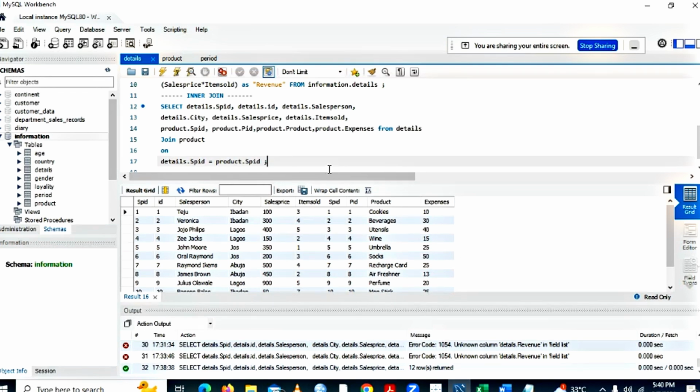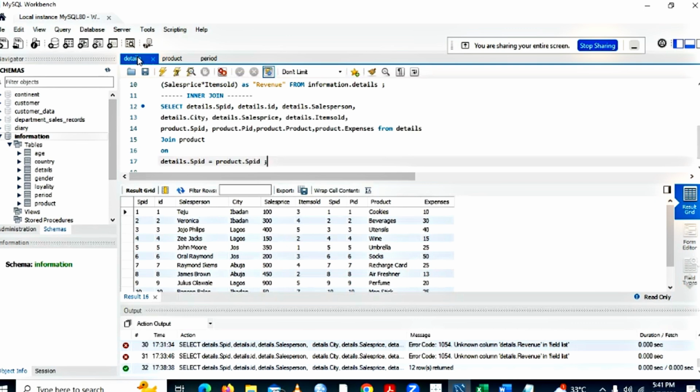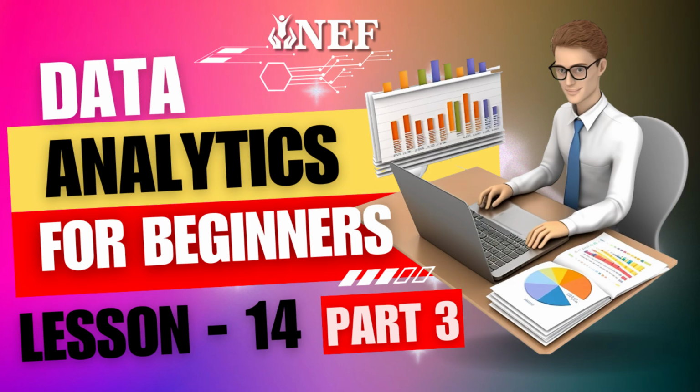Now, we've successfully joined two tables together. And then we have another table here called period. We want to join period to this details table as well, so that we can know the time the transaction was performed. So how do we go about that? I'll come to my period table and see what is under period. We have ID. We also